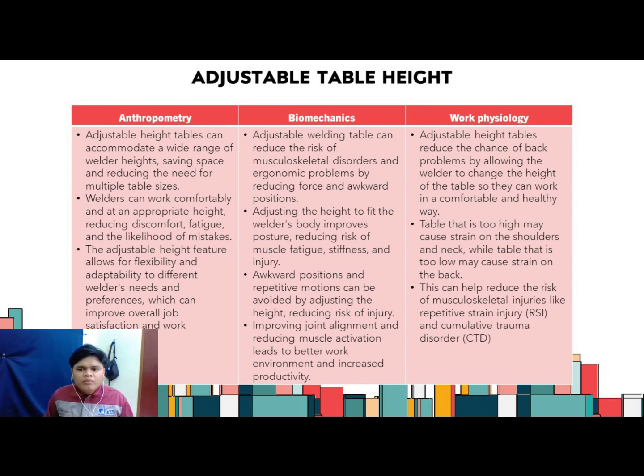chance of back problems by allowing the welder to change the height of the table so they can work in a comfortable and healthy way. A table that is too high may cause strain on the shoulder and neck, while a table that is too low may cause strain on